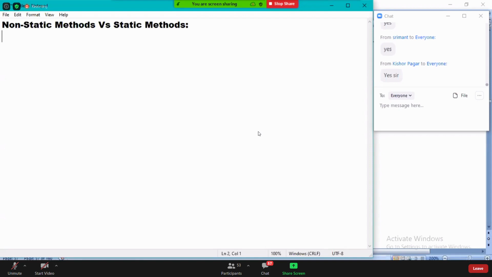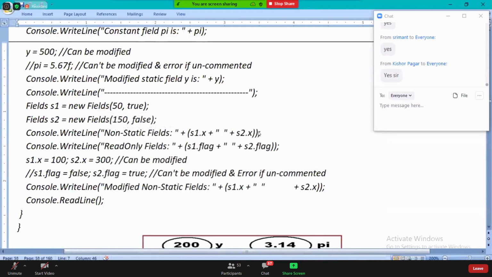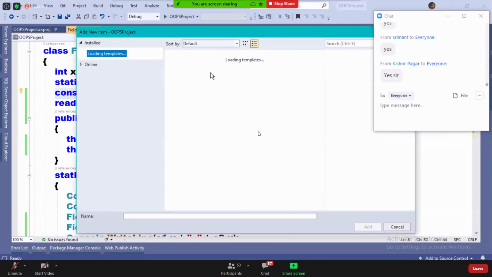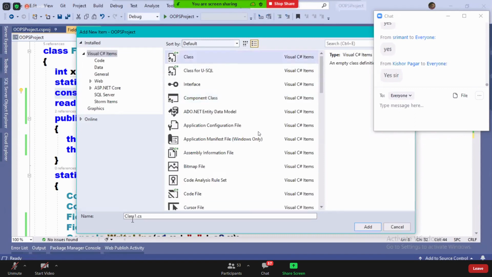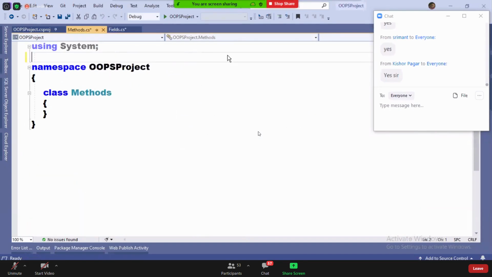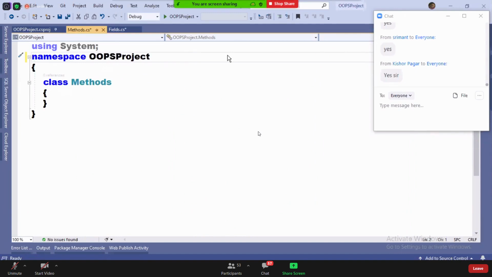Now, all of you carefully observe this. Let me add a class here. We'll name the class methods.cs. Now I'm adding a class here, naming it methods.cs.